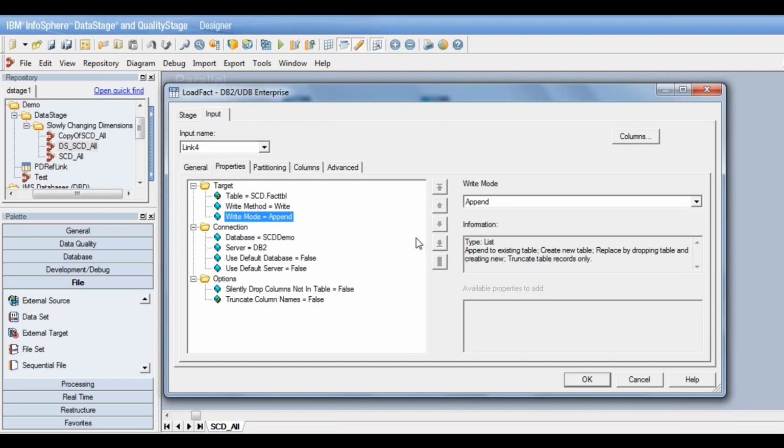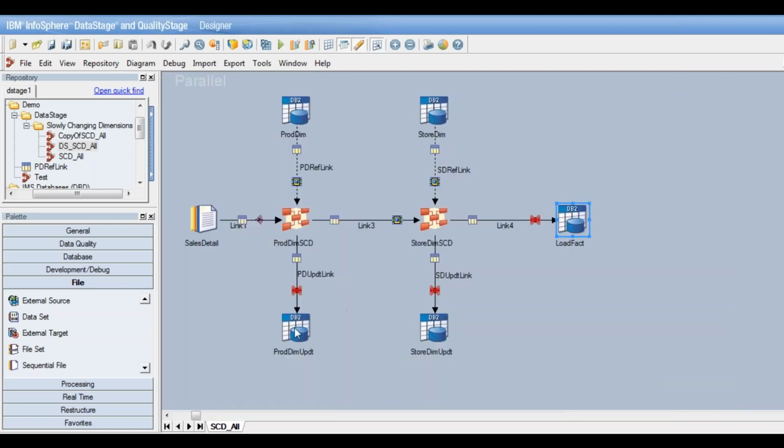Wouldn't an update cause a huge overhead in processing to see what's there first before it can update or insert? For the fact table or the dimension table? Either. So for the dimension table, the update will always be executed first because those records need to be end dated, and then the insert will be done. So that will be more effective.